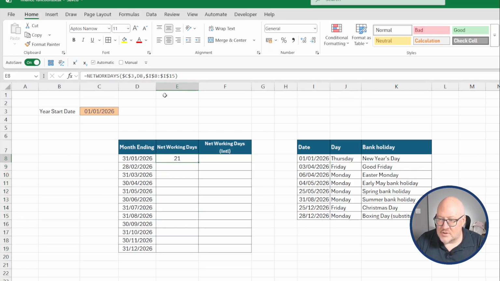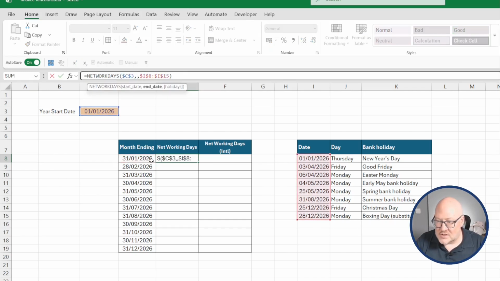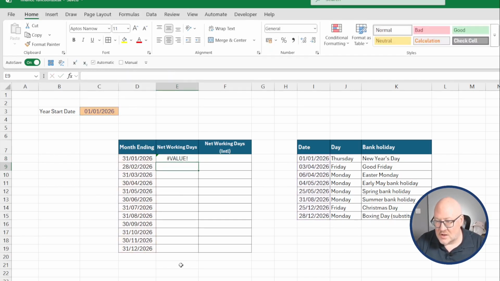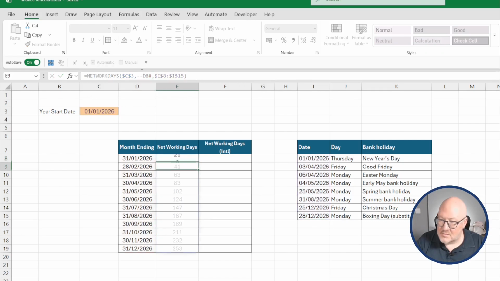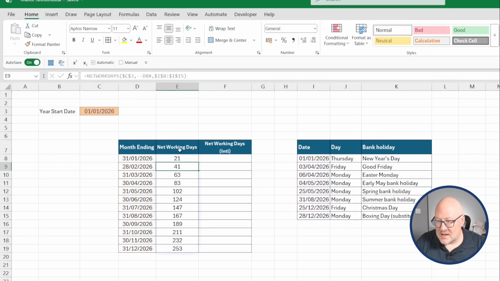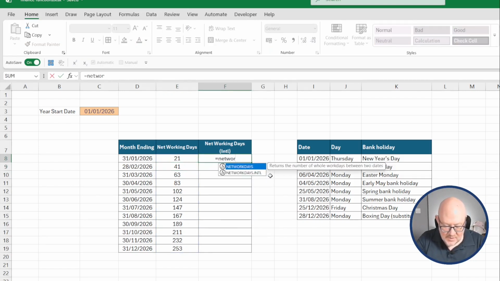Now, if I go back and try and turn that into a dynamic formula by changing that to the range, you can see that you get a value error for the same reason that we had with end of month and the WEEKNUM formula. Again, we just need to turn that into an array using scalar lifting, and you can see that that then spills. The other option we have is